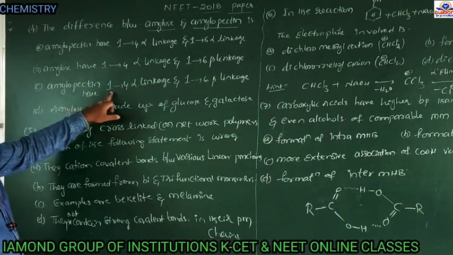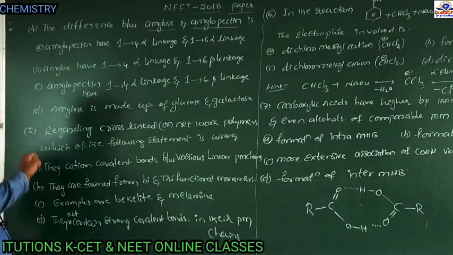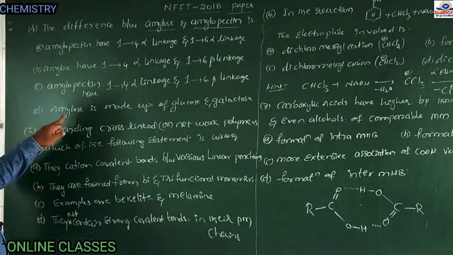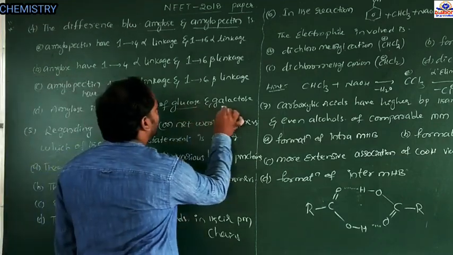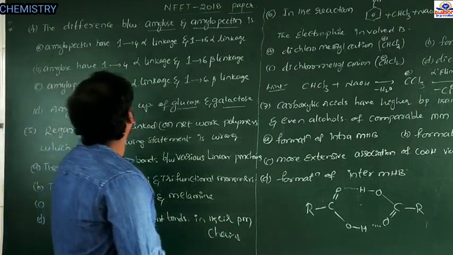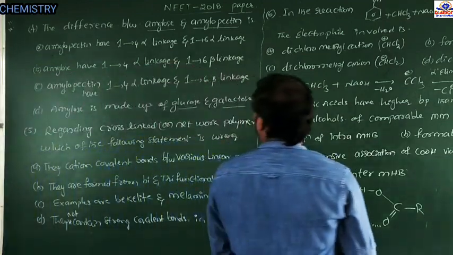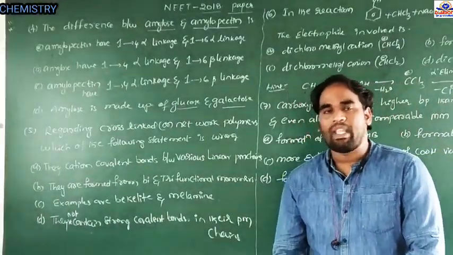Amylopectin have 1,4 alpha linkage and 1,6 beta linkage. Option D. Amylose is made up of glucose and galactose. So here which one is correct? And what is the difference between amylose and amylopectin? Okay. See here,